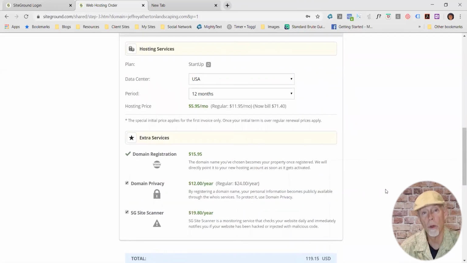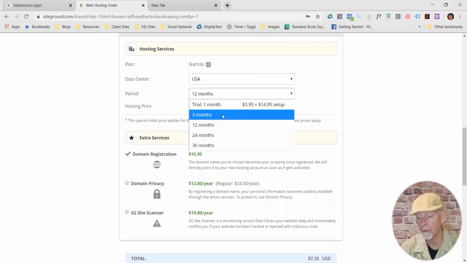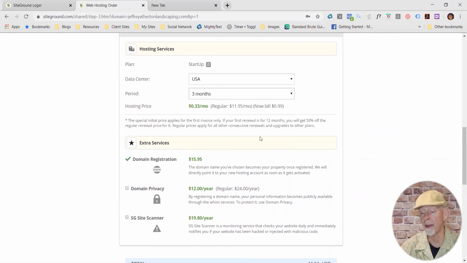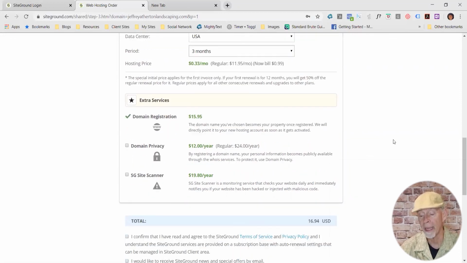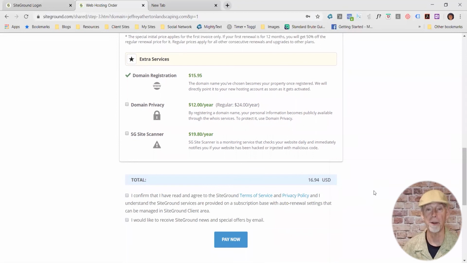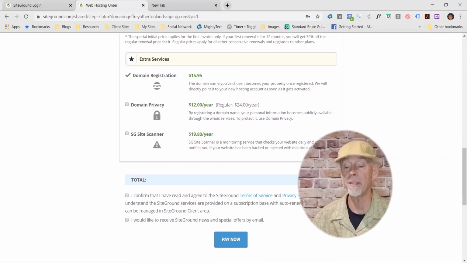If I really just want to try this and I don't want to spend a whole lot of money, I can tick these off. I can always add them later. And I can go back to my 3-month trial, and I've got my 3-month trial, my web hosting. Now I'm down to $17 for 3 months, and I'm paid for 3 months. I'm going to try it out, and at the end of 3 months, then I'll decide if I want to keep going. But that is getting your domain registered and web hosting account set up